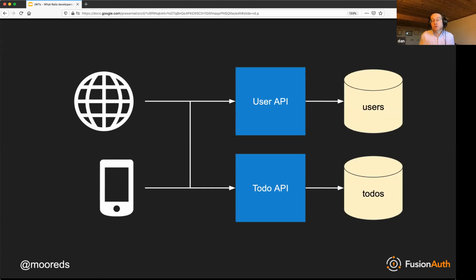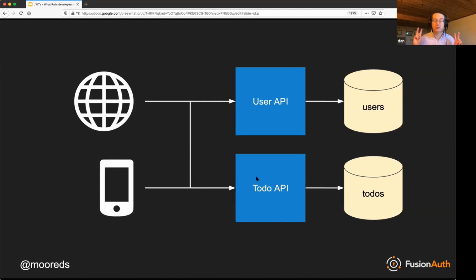So let's walk through a scenario and think about why we might want to use JSON Web Tokens. Here is a typical service-oriented architecture where you have an API that is responsible for handling users, so that's create, update, delete of users. And then you have an API that's responsible for handling to-dos.